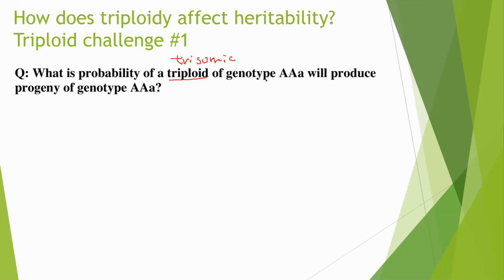Trisomic means only the chromosome carrying this gene will have 3 copies, not the other chromosomes, right? But triploid means every chromosome will be tripled. So either way, for example, if we have a genotype for a trisomic or triploid individual like this,